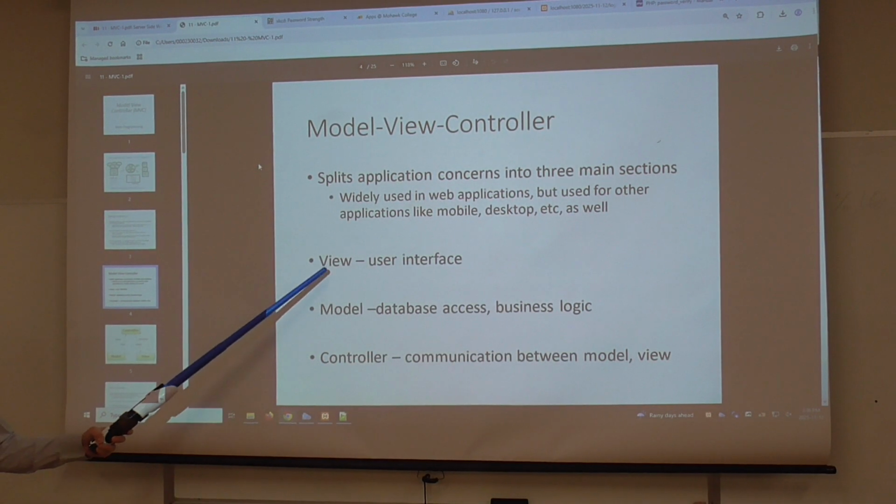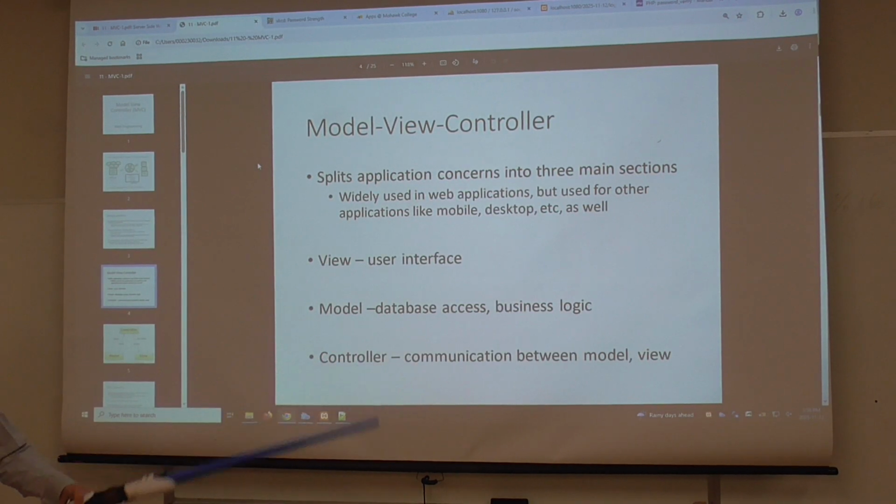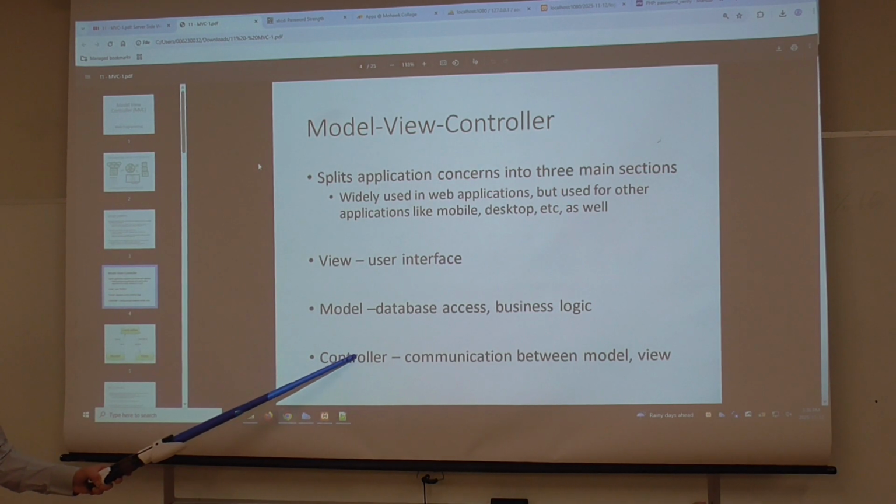We select a different view based on whether login succeeded or not. But the selection is up to the controller, not the model. All the model is responsible for is saying login succeeded or login failed. It doesn't care what happens past that point.